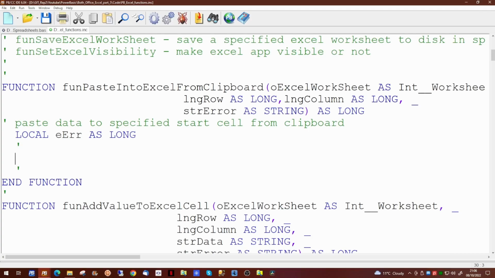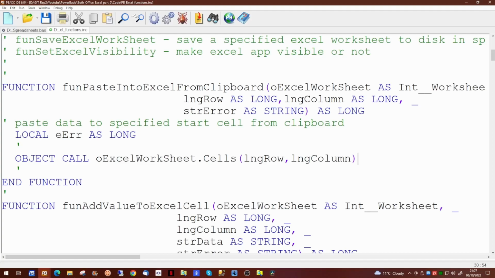Since we're going to be performing a function on the spreadsheet, we're going to be using object call, and we'll be operating on the worksheet object. And since we're going to be working on 1 or more cells, we're going to use cells. And we need to pass it the row and the column numbers. Now we've defined the area on the spreadsheet where we're going to start our pasting.